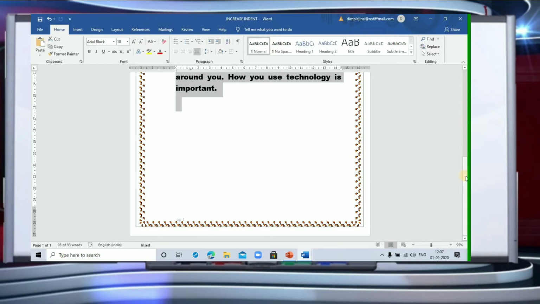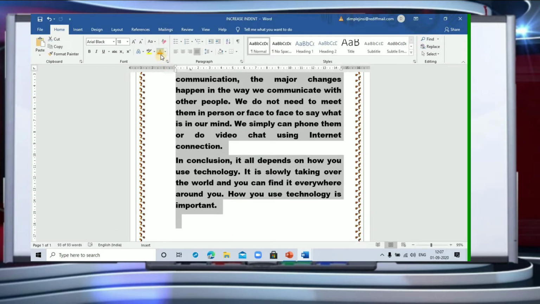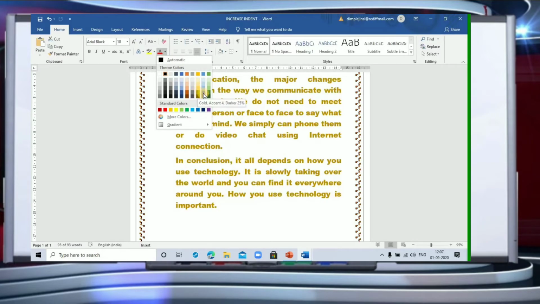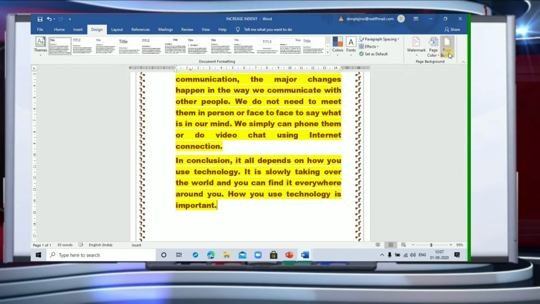Now coming next, we have page formatting. I think it is already clear to you what we do in page formatting. Suppose this is the text I have. I can change the color of the document, like it is given here. I can pick up any color that I want. Then of course I can change the background color. I can go here and use the background color also. And a beautiful thing to do in this is that we can change the shading color of our text.